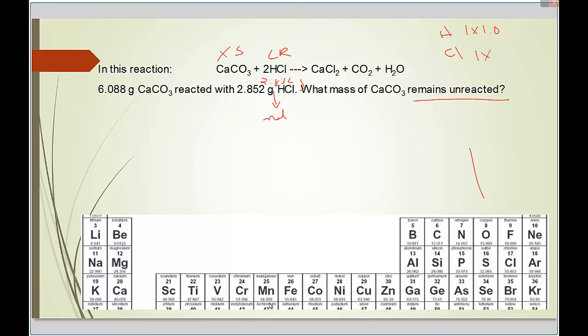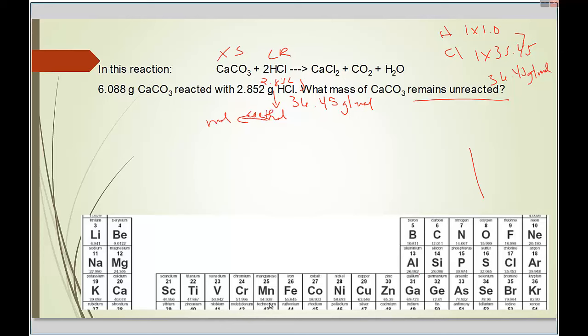So this comes out to be 36.45 grams per mole. That gives us the molar mass of the HCl. Then we go from moles to moles using the coefficients from the balanced chemical equation. Then we go from moles to grams